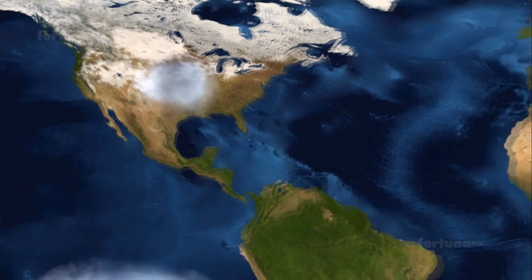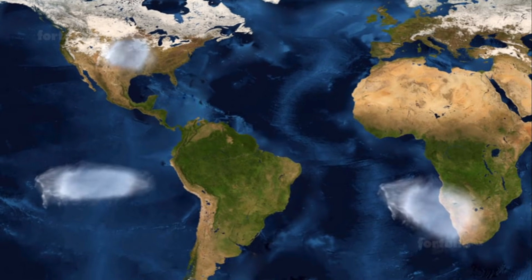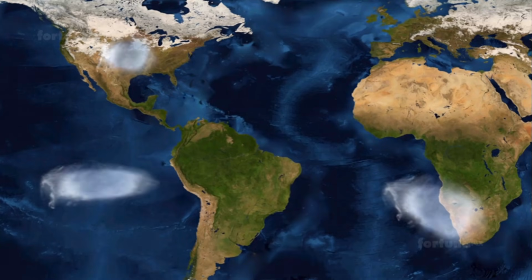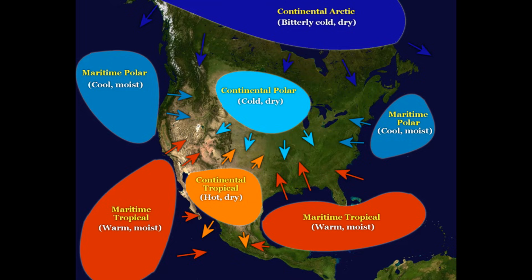This air mass has now become a continental polar air mass. When air masses stay long over a region, they control the weather of those regions. And over continents like this, we find air masses that are relatively dry. Several major air masses affect our weather in the United States.